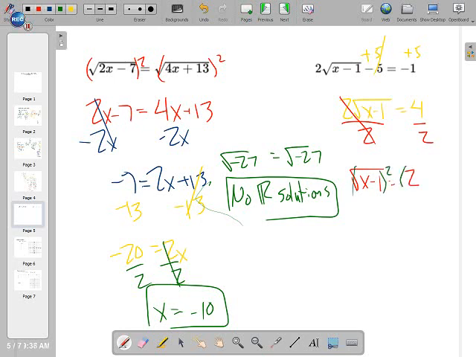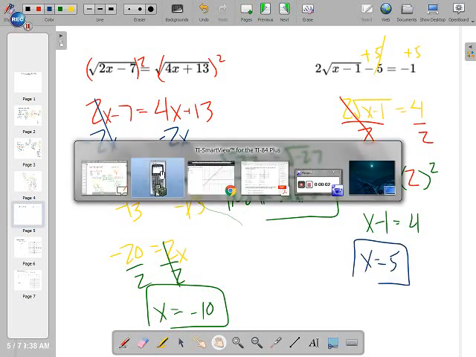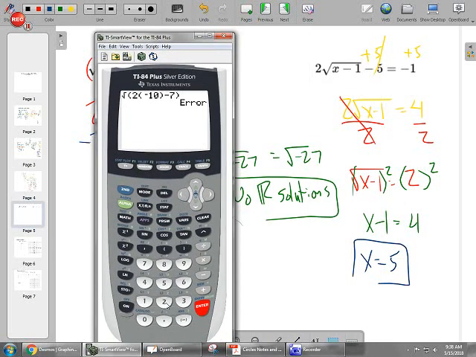Then, we're going to square both sides. Now that I have the square root by itself, I have x minus 1 equals 4. I'm going to add 1 to both sides, and I get x equals 5. So let's check that. 2 times the square root of 5 minus 1 minus 5. If I plug in 5 for x, I should get -1, and I do, so I did it